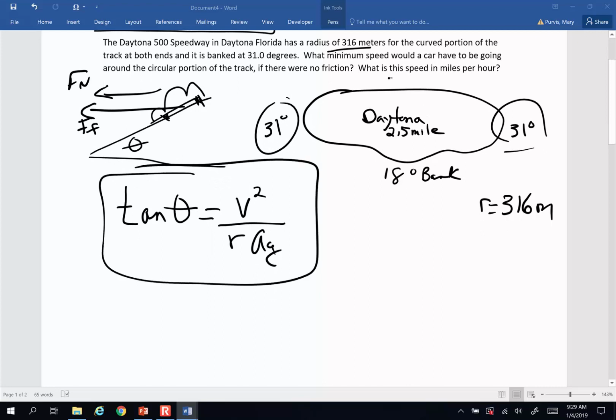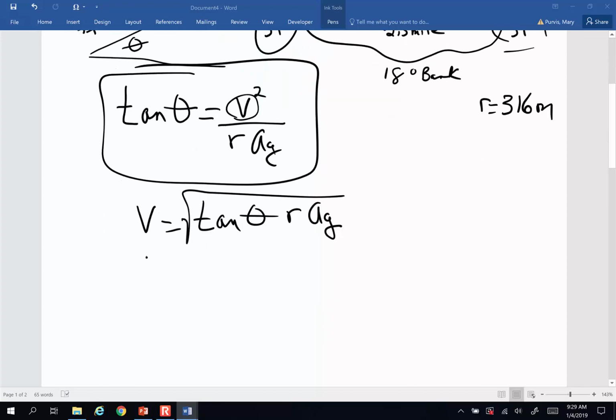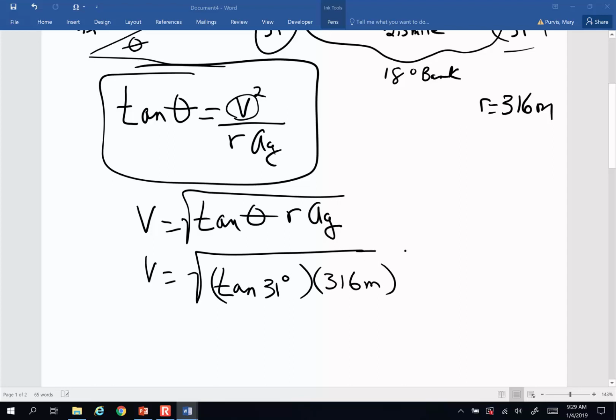I want to solve for speed, so it's going to be my velocity. So this is going to be the tangent of theta times radius times acceleration of gravity, and then to go from v squared to v, I'm going to take the square root of that. So the minimum velocity is going to be the square root of the tangent of 31 degrees, times the radius of Daytona, 316 meters. Now that's just the curved portion. And the acceleration of gravity, 9.8 meters per second squared. And when I do that, I get a velocity of